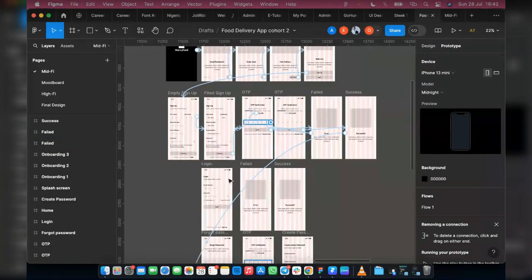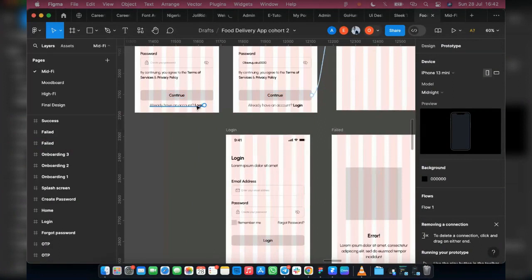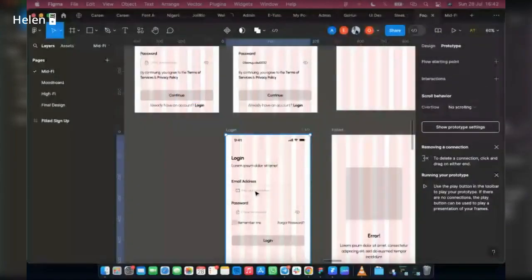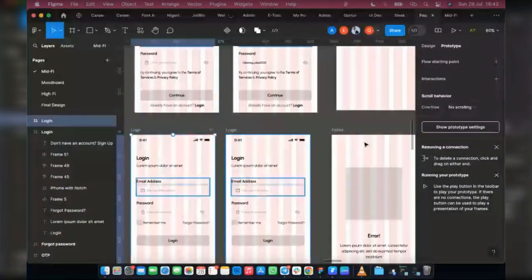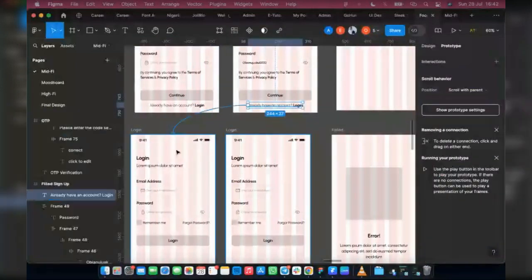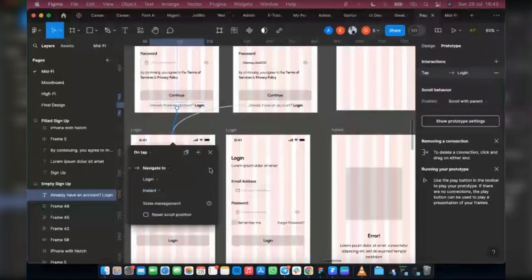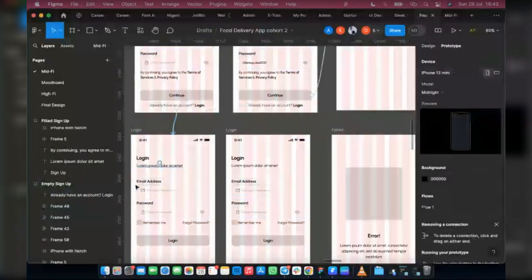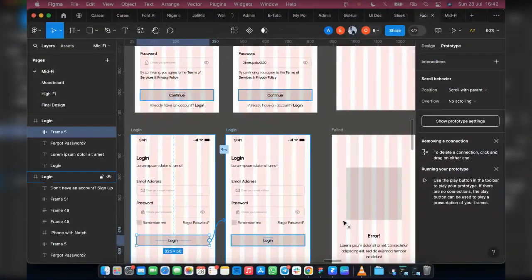So I'm going to link up my login. My login is going to move to this screen. But before we move it, let's duplicate this, and show my prototype. I'm going to move this login to here and this login to here. Okay, so if you don't put your email and password, it's going to show you an error. I say, please input your details before you can